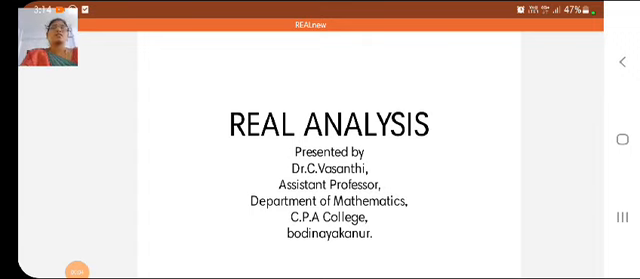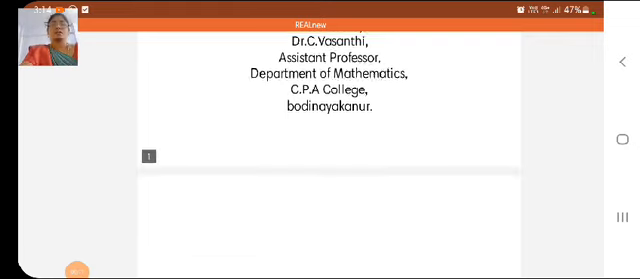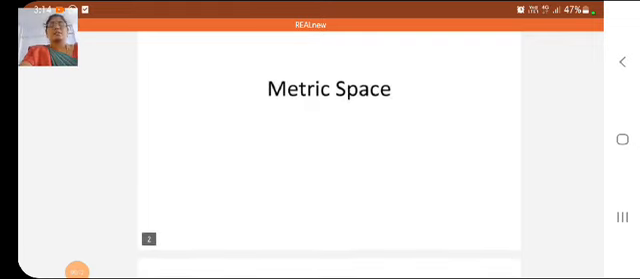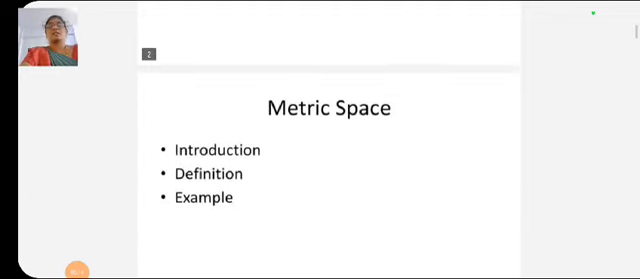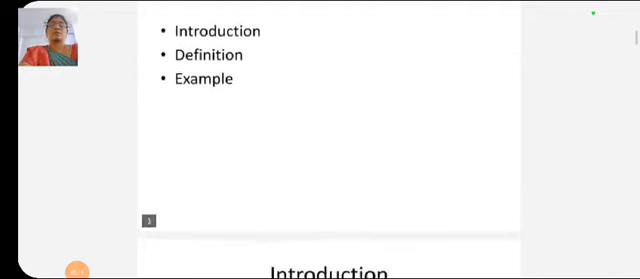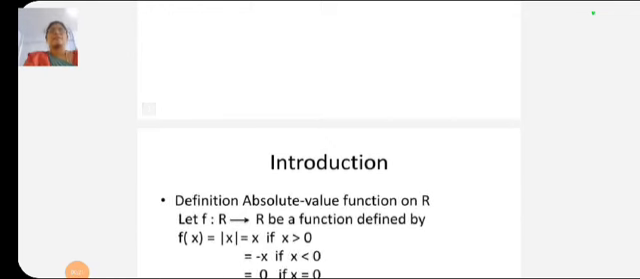Today we discuss the topic real analysis. First we have to see the metric space introduction, definitions, and then the last one is the examples. So the definition of the metric space: let f from R to R be a function defined